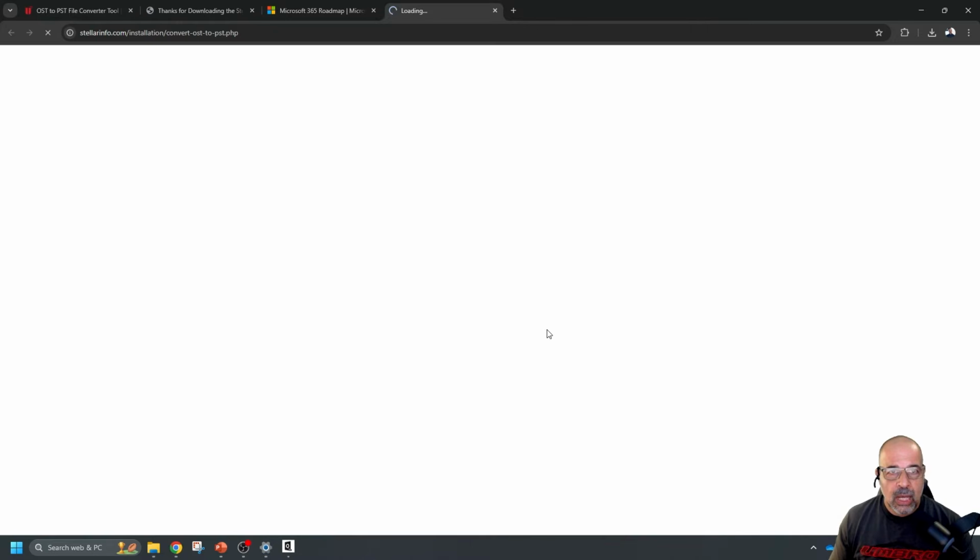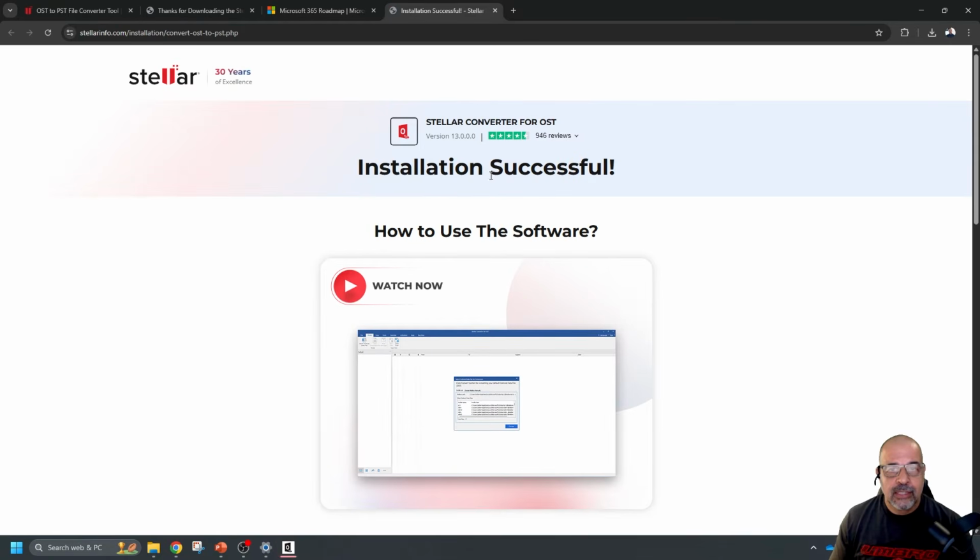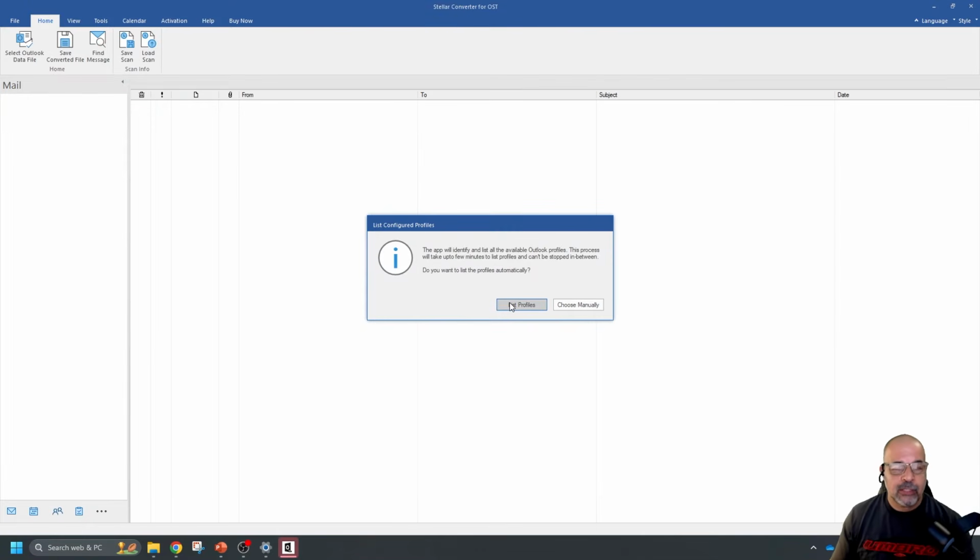And you can see here, installation successful. And down here, there's the software, it's opened up. And automatically the software goes into mode, list the profiles or choose manually. Okay, so if I click on list profiles now, it's going to look at the device which I'm currently on,